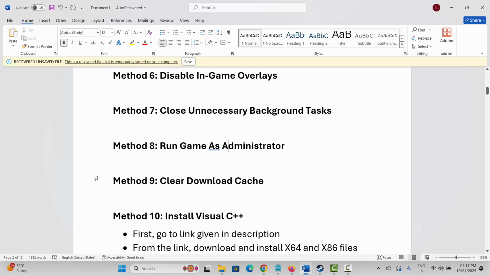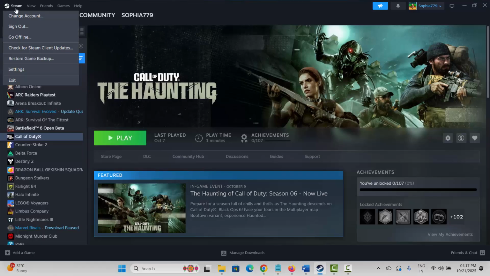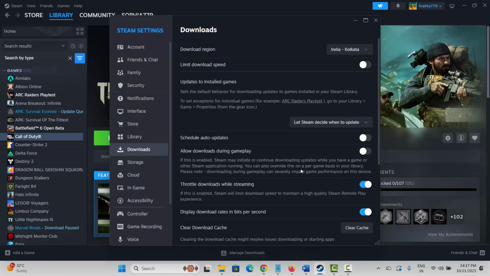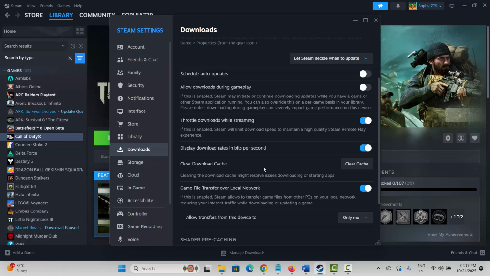If not, next is to clear download cache. For that, go to Steam, click on Steam option over here, then click on settings, then go to downloads. Now go below and here clear download cache option. Beside there is a clear cache option, you have to click on it. After clearing the cache,